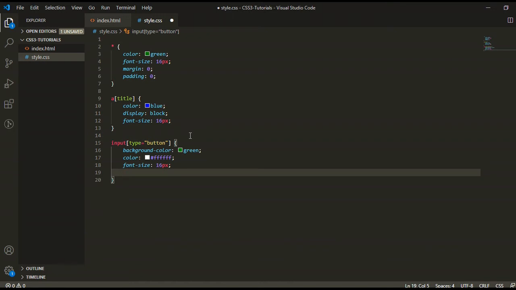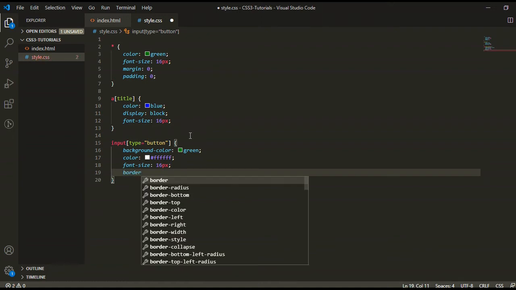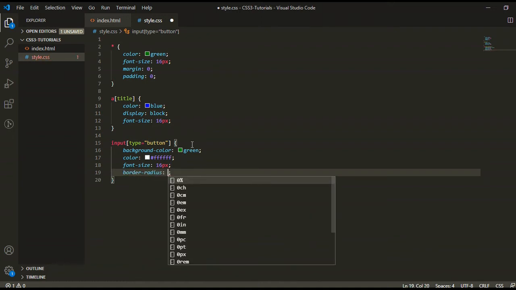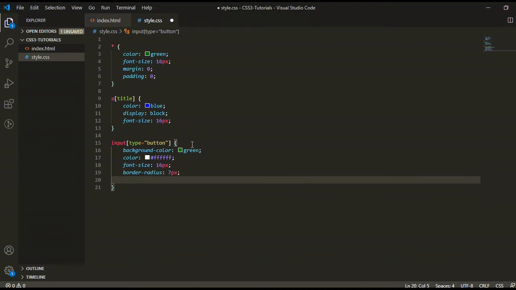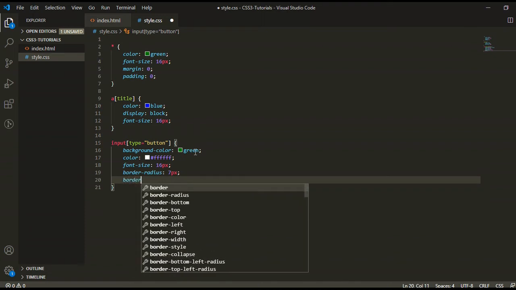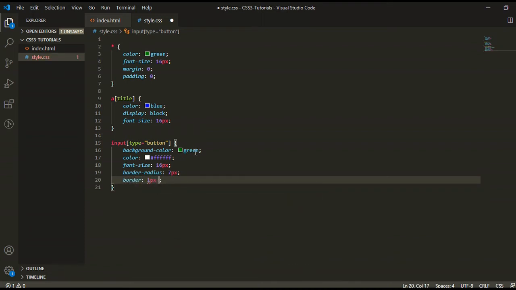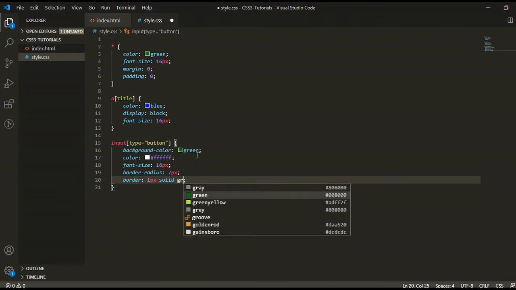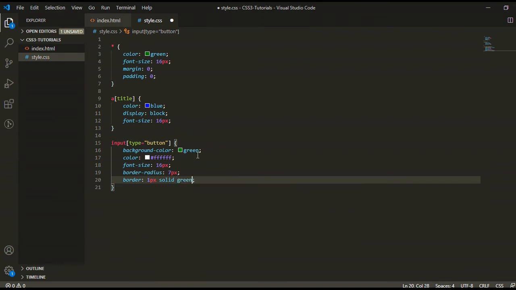So I am giving the border radius, it's 7 pixel, and you can also give the border 1 pixel, solid, and also in green color.